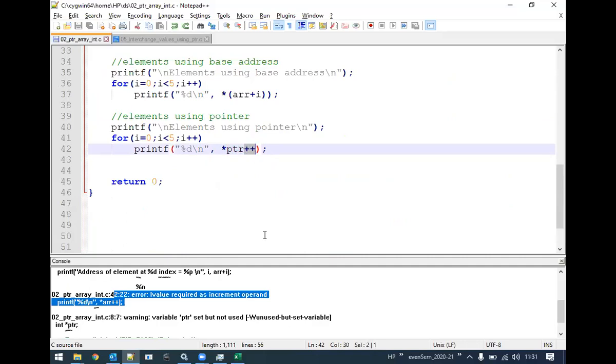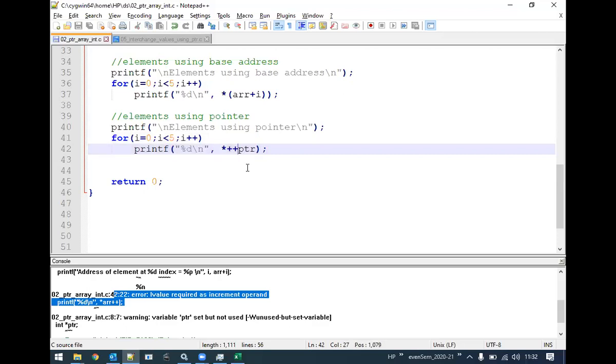Now, let me test your skills on the pre-incrementation and post-incrementation. If I write a statement like this as a pre-incrementation, what is the output going to display? Can anyone answer?